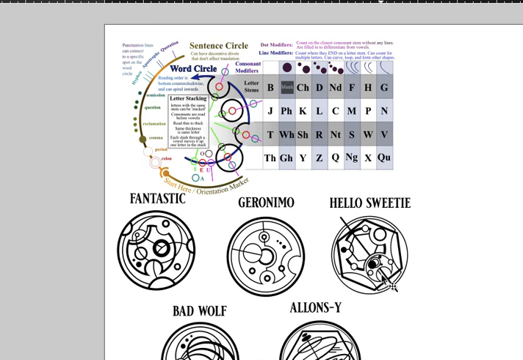Here we have Hello Sweetie, and we start at the bottom here. This is a deep divot with 2 lines, so that's an H. E, double L, 1, 2, 3 dots on the double letter, and then an O. Then we have the shallow divot with 1, 2, 3 lines, so that's an S. A W with 2 lines, an E. This is just kind of a big E, but it's not anything else because it couldn't be anything else, and it is right here, so that would be an E. Here's another E, then we have a T, and then we have an I line going inwards, and then an